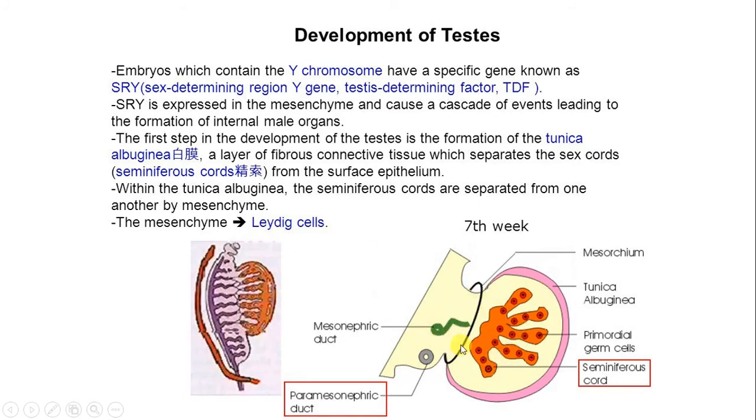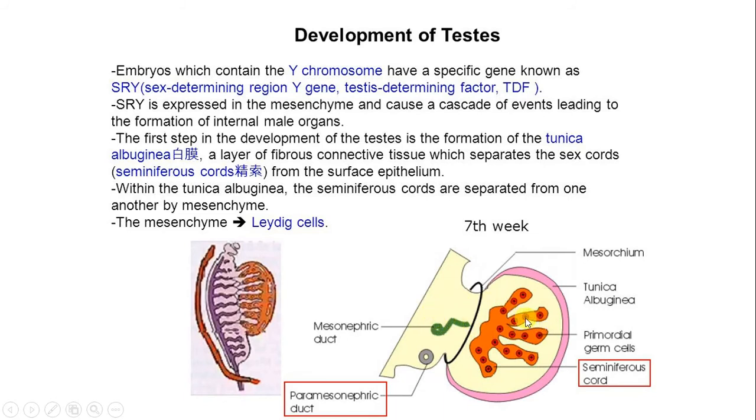Other things will diminish, that will not develop, such as the paramesonephric duct or other things. Here we see the mesonephric duct is going to be connected to the developing gonads. So the mesonephros itself will disappear, but the mesonephric duct will be connected to the developing gonads and will form the duct